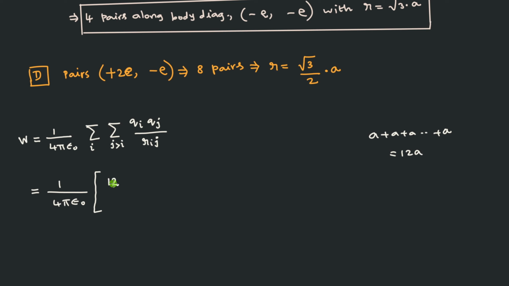The 12 of them are identical pairs, but they are not the same pair. Same pair is different, identical pair is different, isn't it? See, you have a minus e comma minus e. This is one pair. There is also another pair, minus e comma minus e. This is also a minus e comma minus e pair, but this is located at x1 comma y1, and this is located at x2 comma y2. Location is different means different pair.